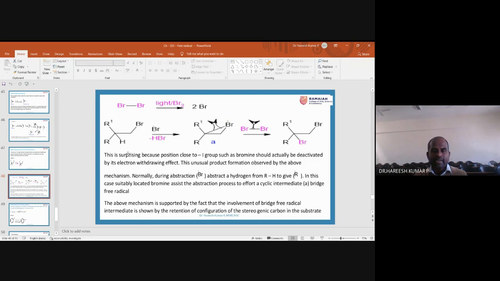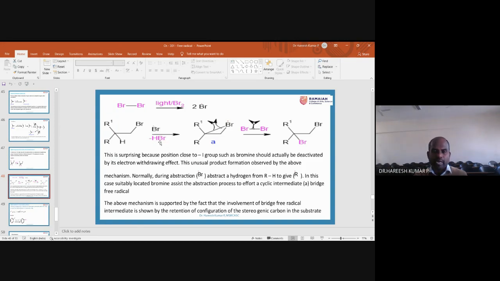How will it react? The Br radical will make a homolytic cleavage between this carbon and this hydrogen. Once the cleavage occurs, this hydrogen radical forms a bond with the Br radical, giving rise to